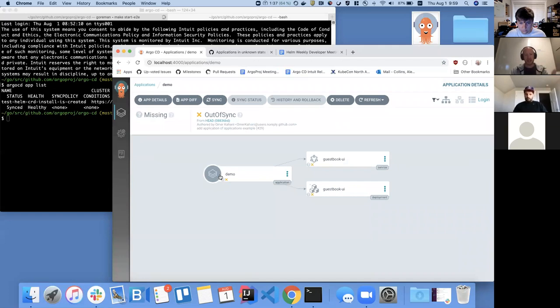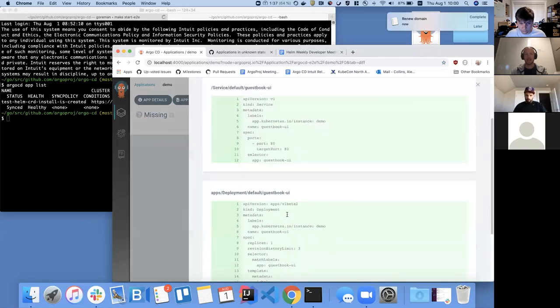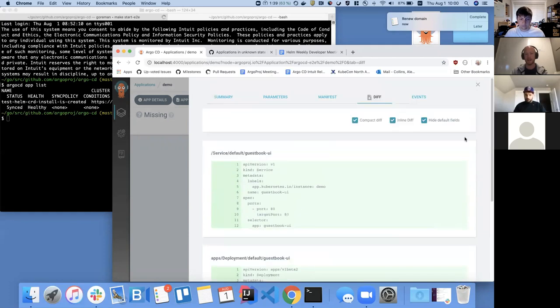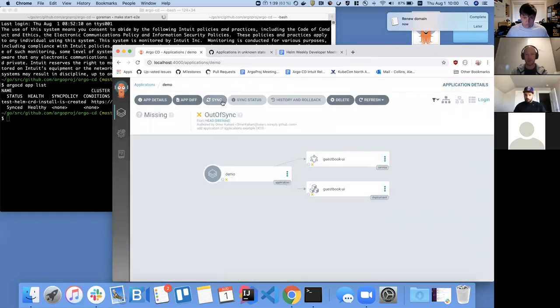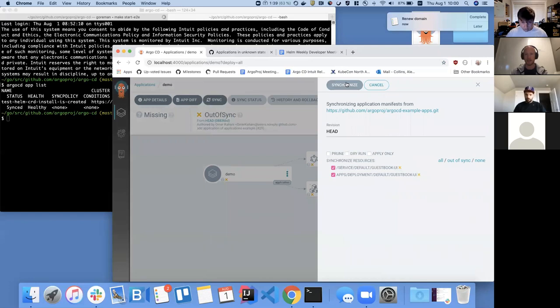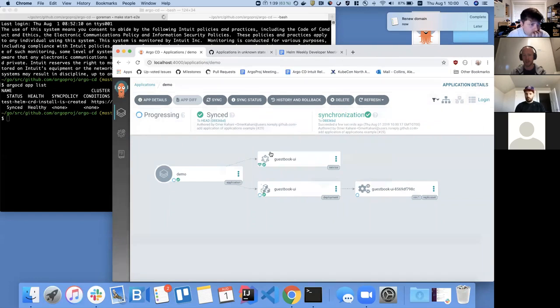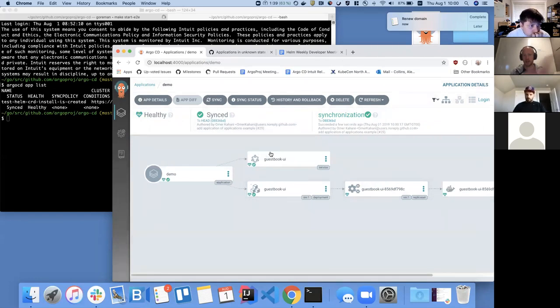I can click in and I can see that my application is out of sync. And it's telling me in this view that I need to basically apply these manifests to create the application. So I click on sync, and then it'll start the synchronization process, and you'll see that it creates the application, and it's created me a service and a pod. And then it's telling me a little bit of information in the user interface, telling me what have I synchronized to, and what am I out of sync from. So that's kind of the tool in a nutshell, really.